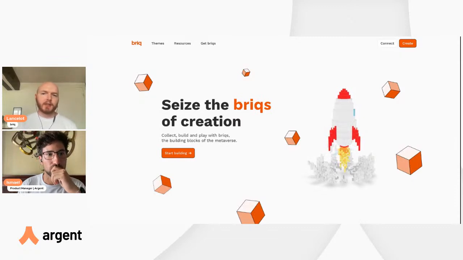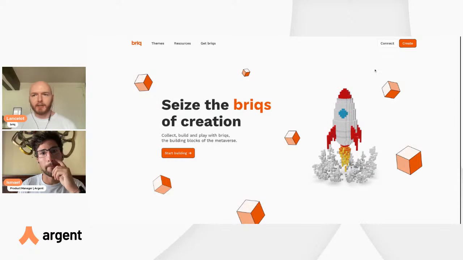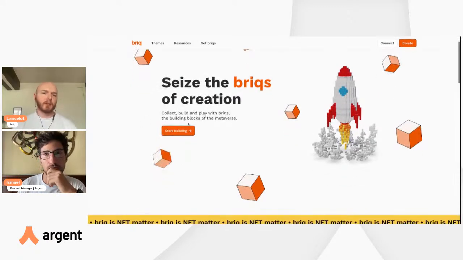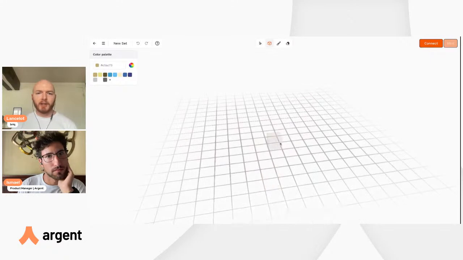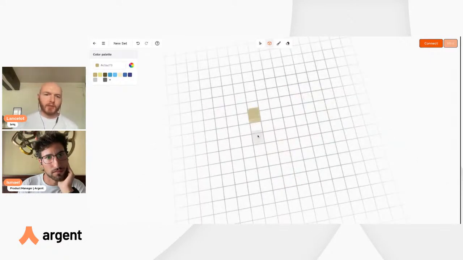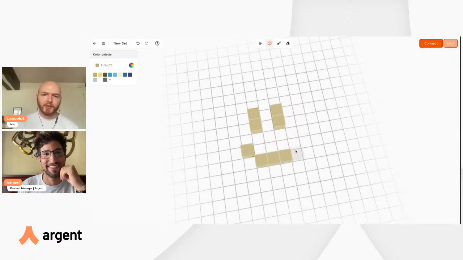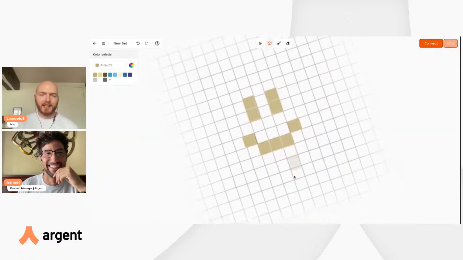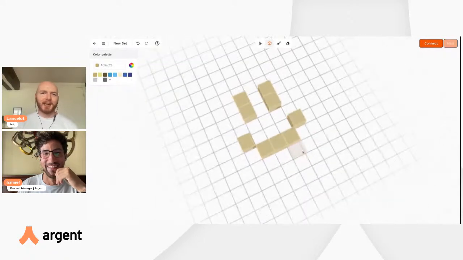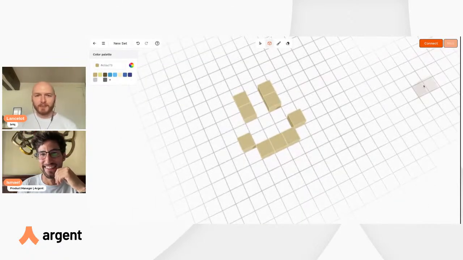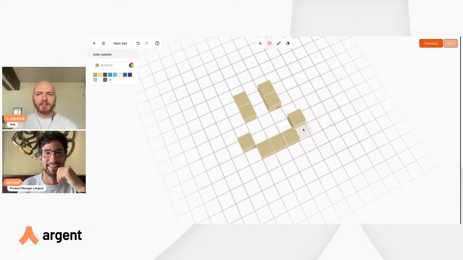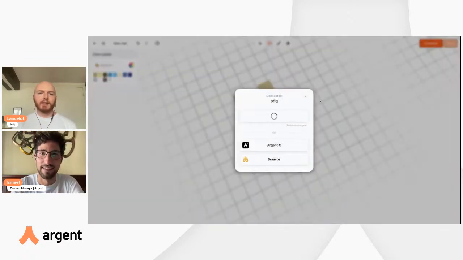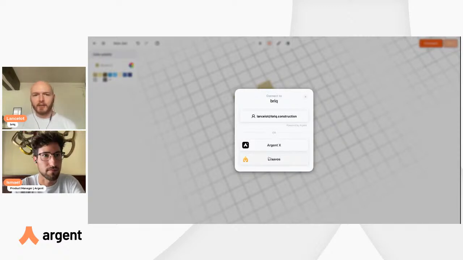So usually when you show up on Brick, you land on our landing page. What you're going to want to do is start building something, so you plop down some blocks. I'm going to do a smiley face because I tried doing the Argent logo earlier and I cannot do it. It's quite complicated to do a block. So you create your NFT, you want to mint it, but if you don't have a wallet, you're kind of stuck. Before the web wallet, you would have to install an